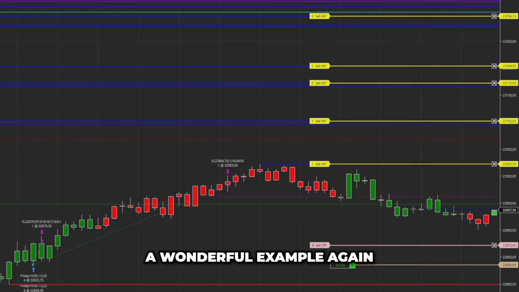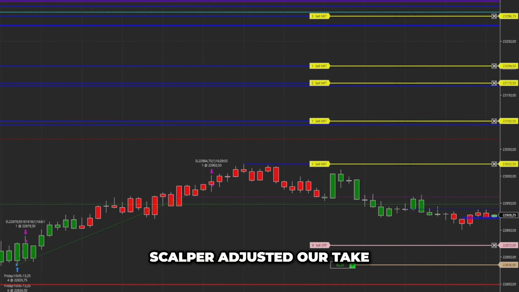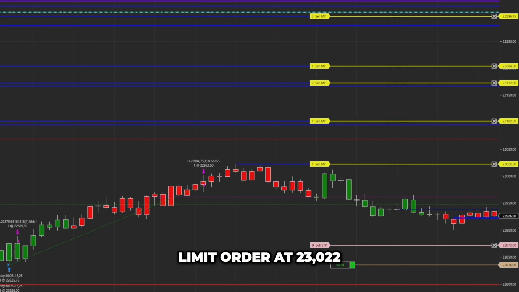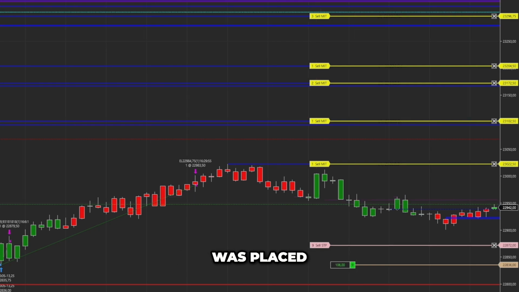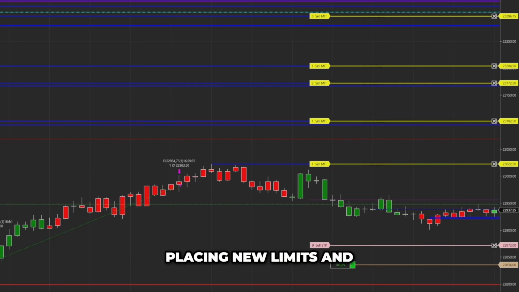A wonderful example again of what you just saw. A new liquidity pool was created and the scalper adjusted our take profit targets, where a new sell limit order at 23,022.5 points was placed. We are still in this trade. There's nothing going on. It's just, again, doing its thing, trailing the stop loss, placing new limits and managing the